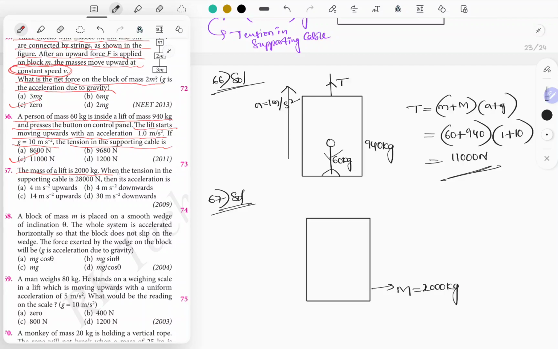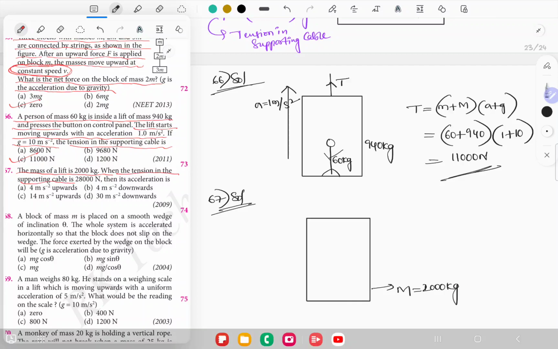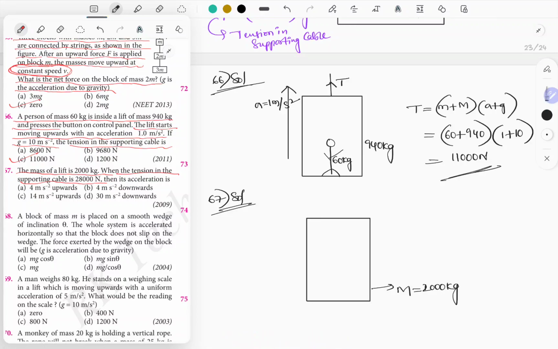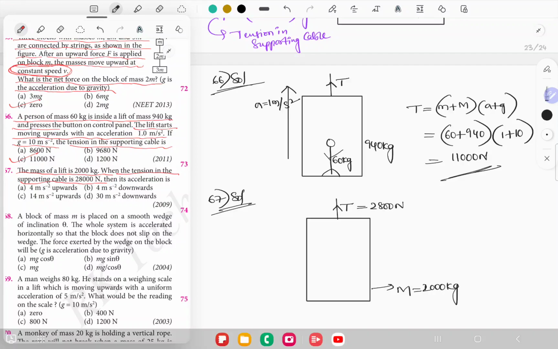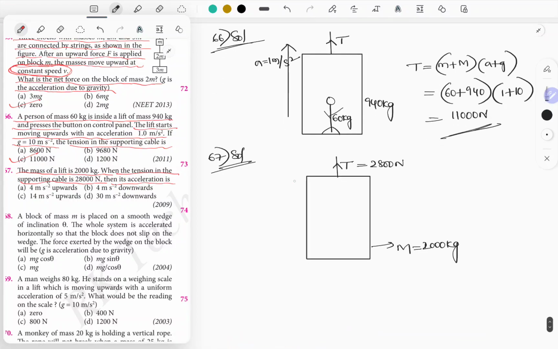The tension in the supporting cable is 2800 newtons. Then its acceleration is? What is the direction of acceleration? As the tension in the supporting cable is greater than the weight,